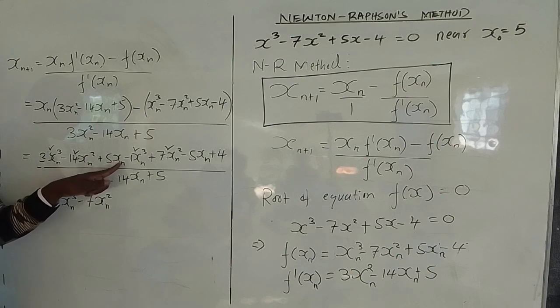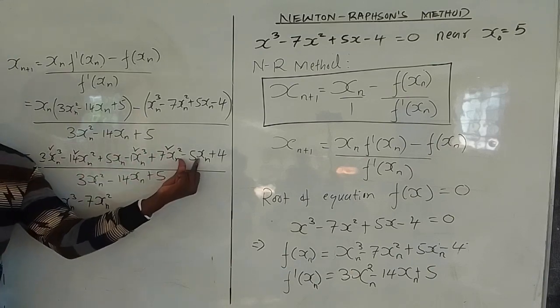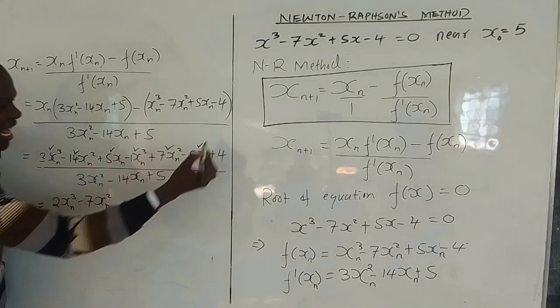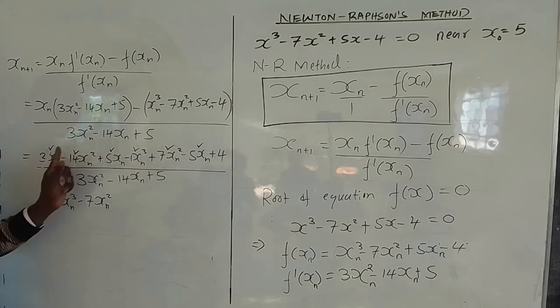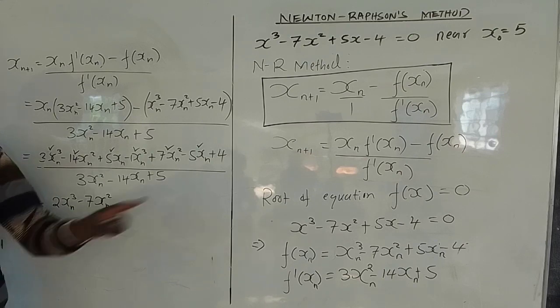The next one is this xn and this is xn, isn't it? So positive 5 and negative 5, you get 0. So I'm joining that and that. What is left? Only this is left. Are you seeing I'm marking on top to show what I've already used, so that you don't leave any term, isn't it? What is left is plus